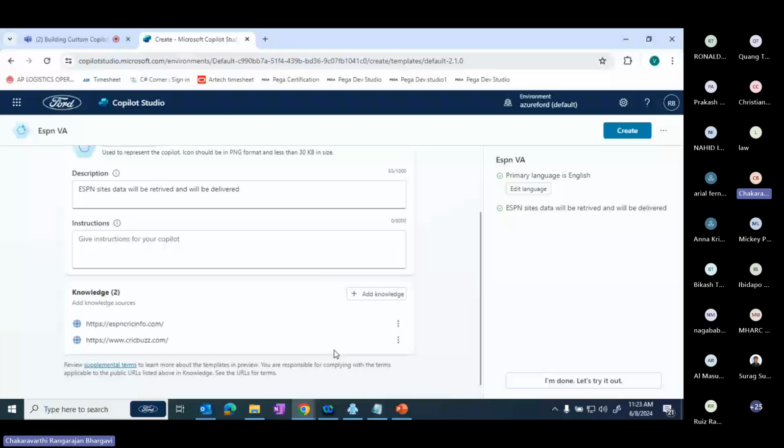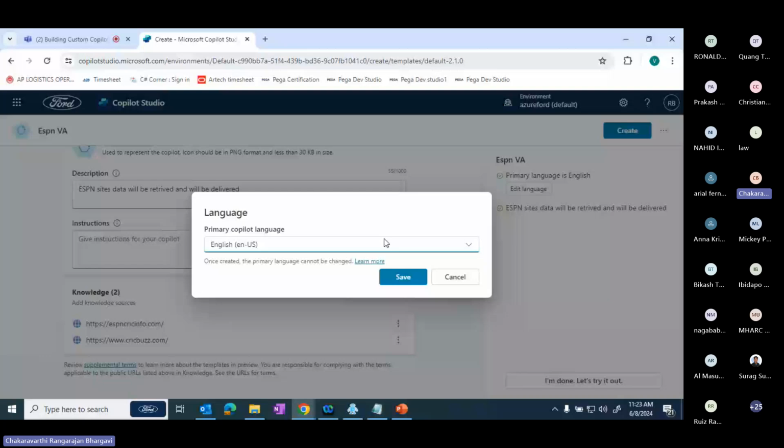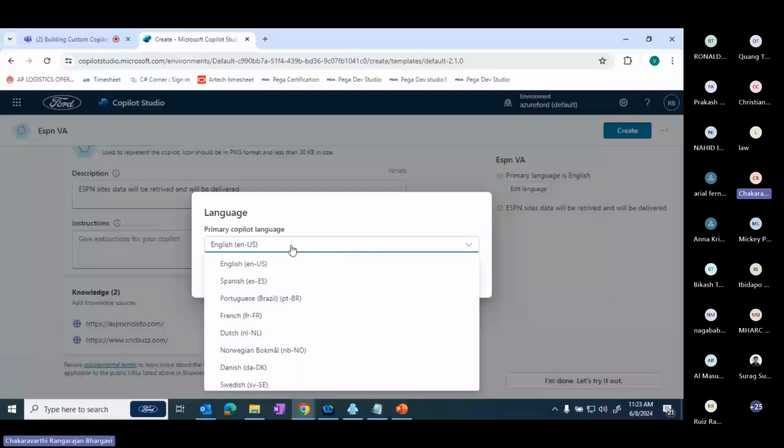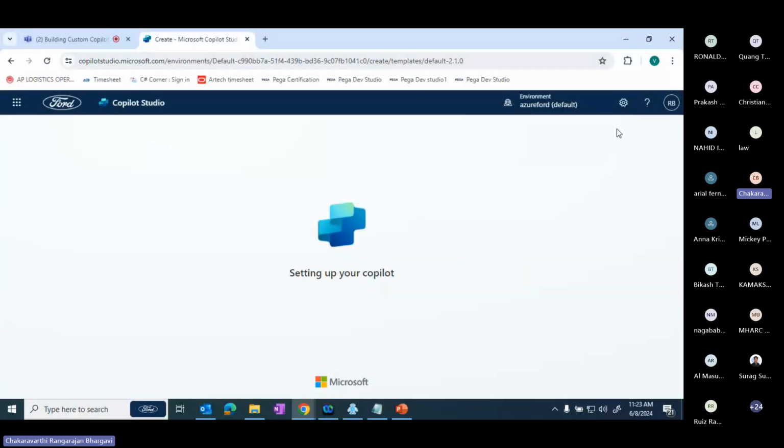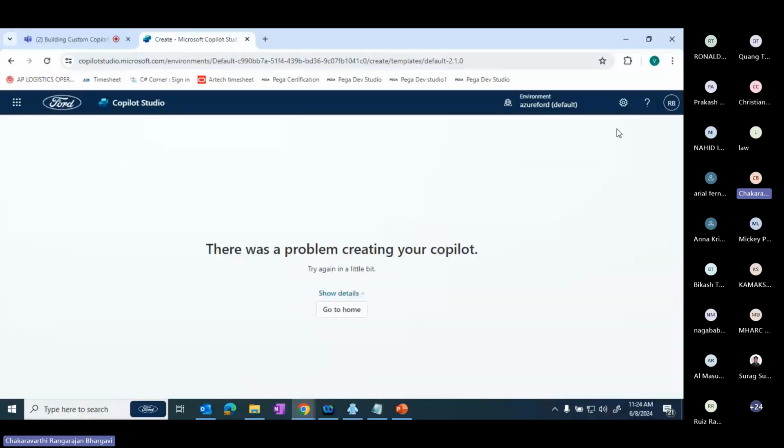And then once you are done with all the things, you can choose your primary copilot language to be English or any other language, since it's multilingual and can support many languages as well. So you would choose the language that you need, and then click on create. Once you have clicked create, what would happen is like,